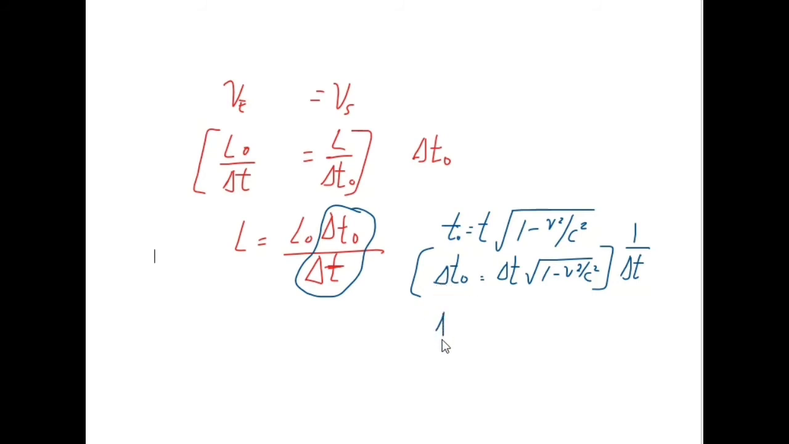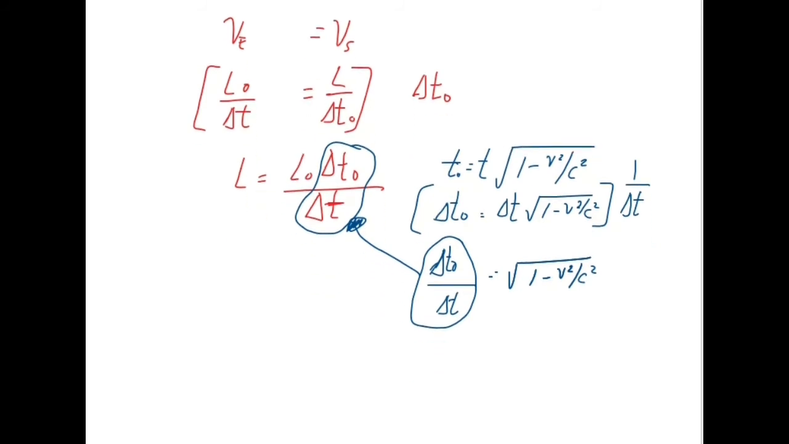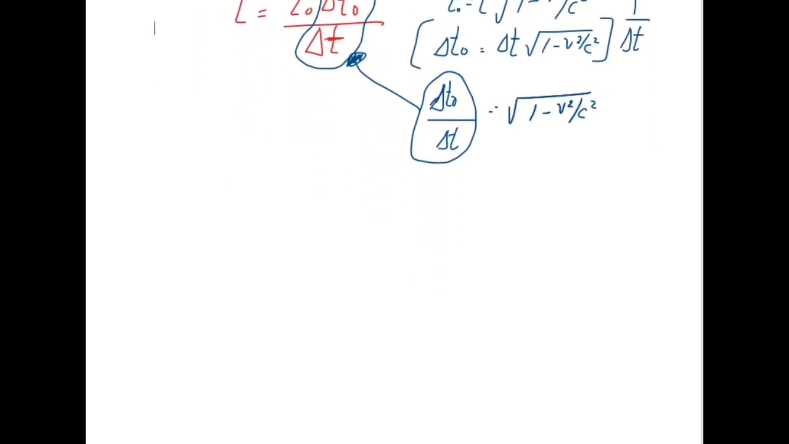Okay, let's have it step by step. We now have delta T0 divided by delta T is equivalent to the square root of 1 minus V squared over C squared. So we can now substitute this delta T0 over delta T into our equation. Our final equation, therefore, for the length,